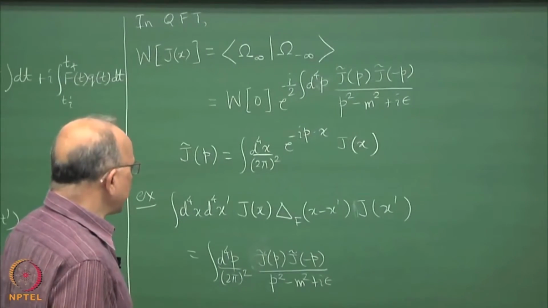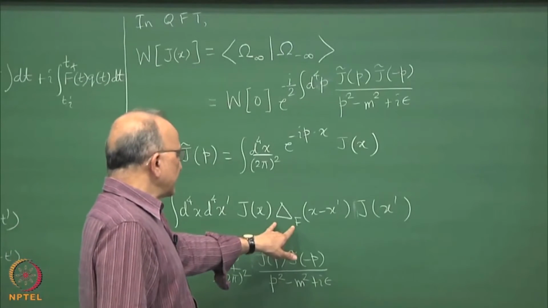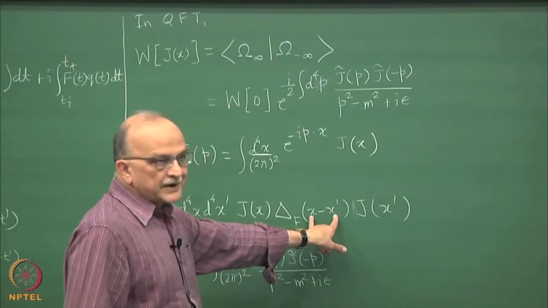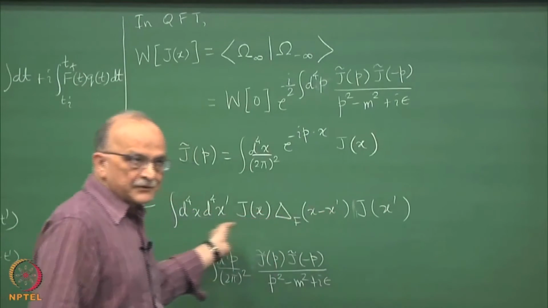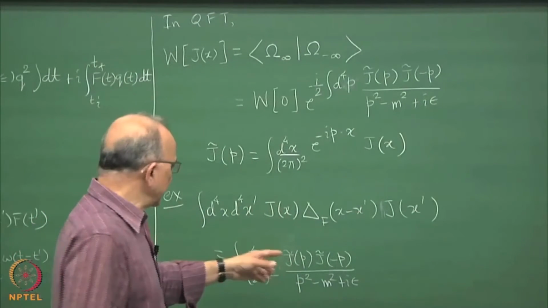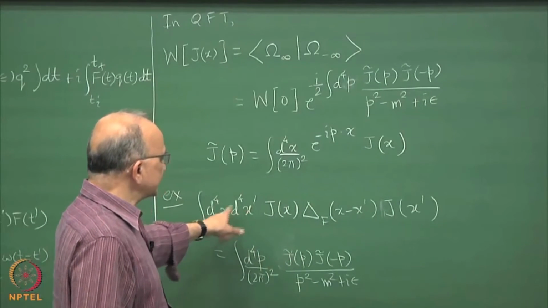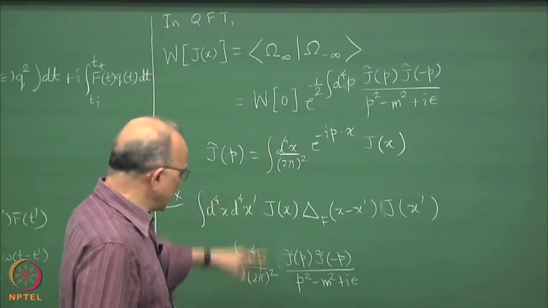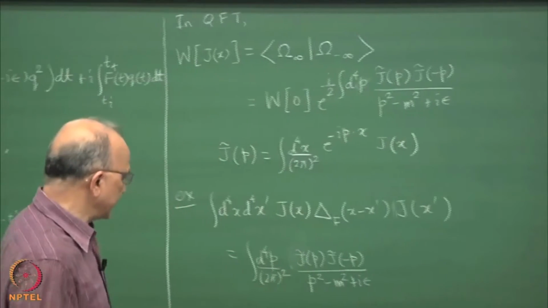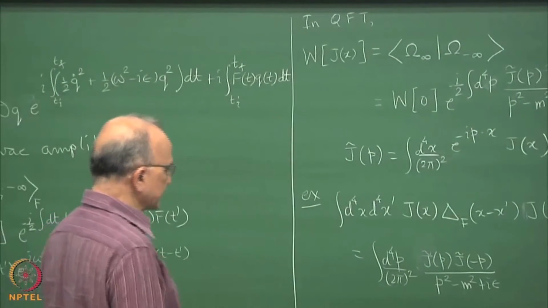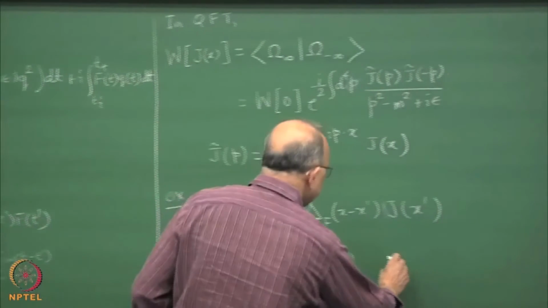The important property we use is that the Feynman propagator is function only of the difference of the arguments. So there is translation invariance. So in momentum space two p's are not really required, one p is enough. Okay. So there is a delta function. So it uses translation invariance.